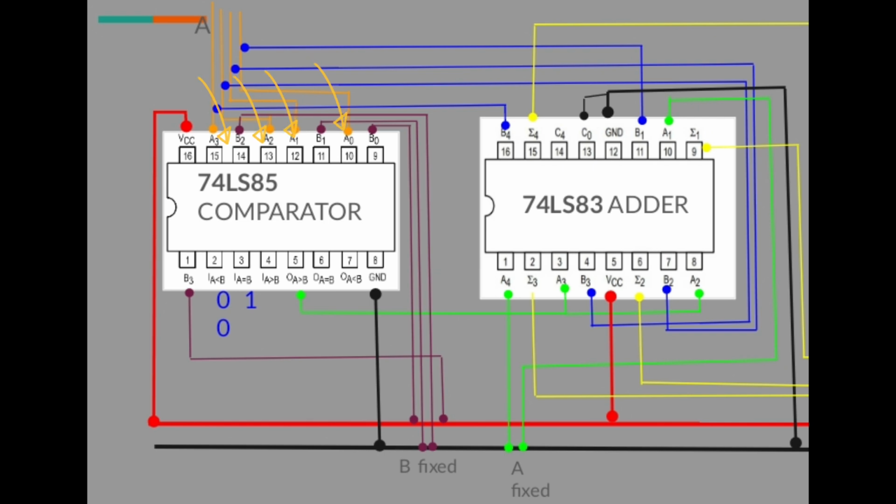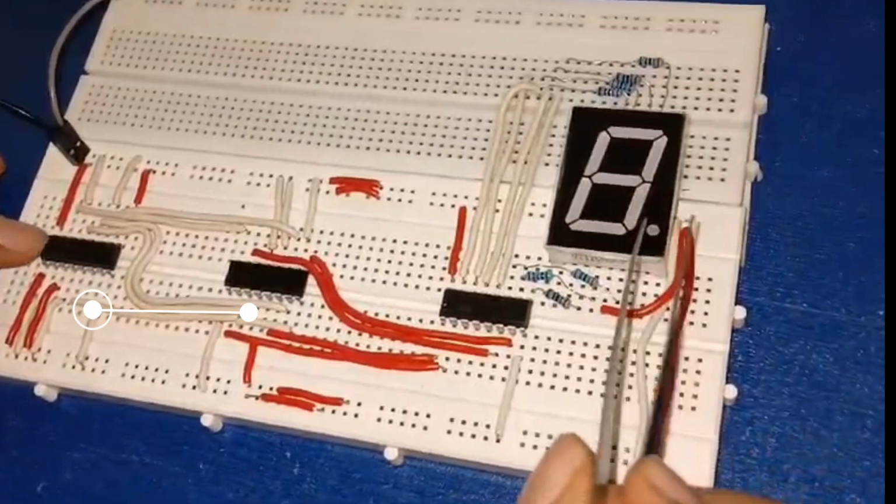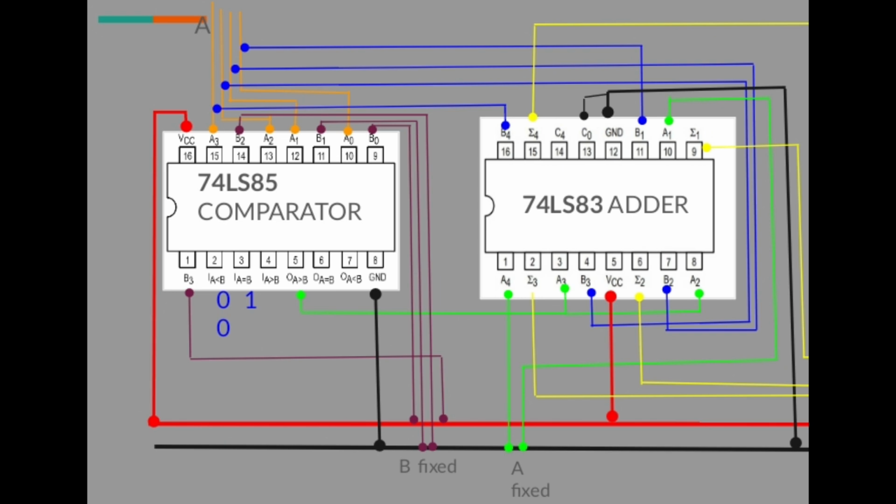As you can see, I have connected A0 to A3 to the adder section. Note that point: I have connected the comparator part A0 to A3 to the adder, same thing to the adder B1 to B4. And as you can see, I have connected the comparator output, I mean the output of the A greater than B section, to the adder pins 8 and 3, I mean A2 and A3. I have connected both pins to one wire. So our comparator part has been completed. Let's move further to the adder part.